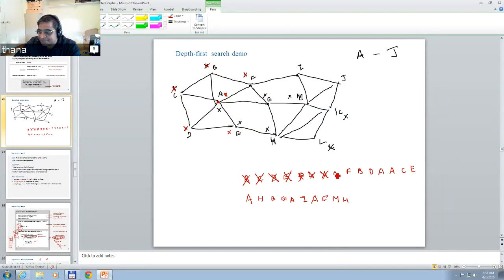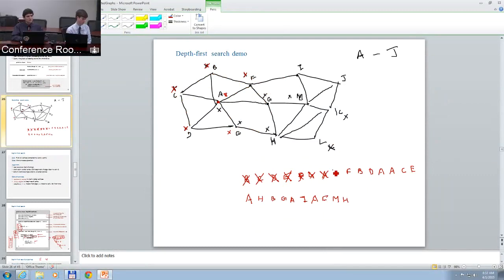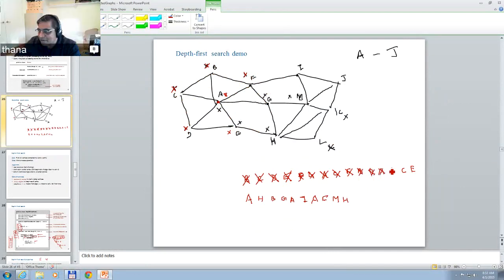What about C? Yep, visited. Throw it out. F, throw it out. B, throw it out. D, throw it out. A, throw it out. A, throw it out. C, E, A, H. No, H has not been visited. So I stop at H and then push all the ones that are connected to H, which is